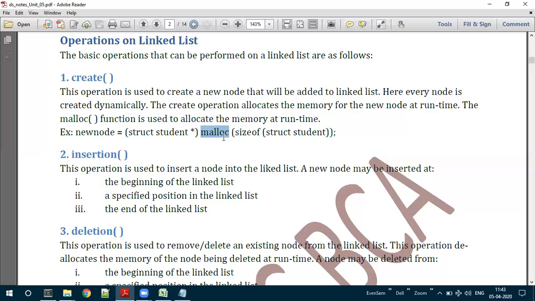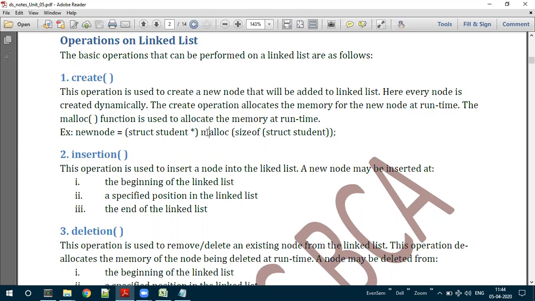Understood? So creation is nothing but creating every node in the list using dynamic memory allocation. This creation operation allocates the memory for the new node at runtime because we are doing it through the dynamic memory allocation method.